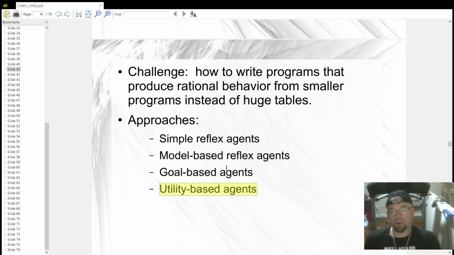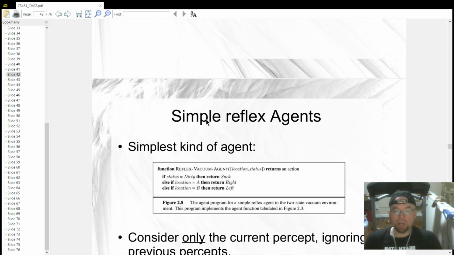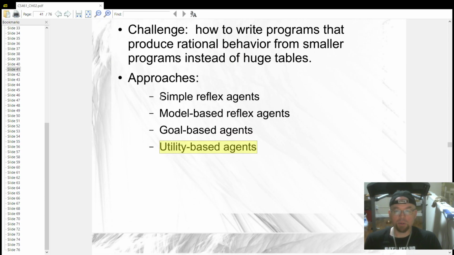And also remember, you must be able to understand the pseudocode. Check the appendices at the end of the textbook that walks you through the basics of the pseudocode. I'm going to hold your hand for the first few chapters, but eventually I'm going to say, okay, it's your turn now. I'm not going to go into as much detail on the pseudocode. Okay? But anyway, so first up, we were talking about simple reflex agents, model-based reflex agents, goal-based agents, and utility-based